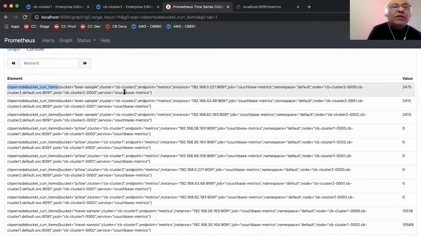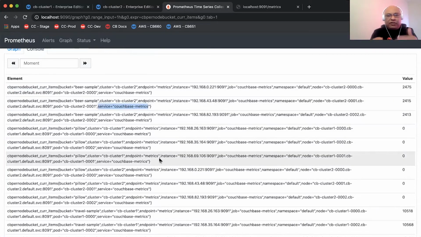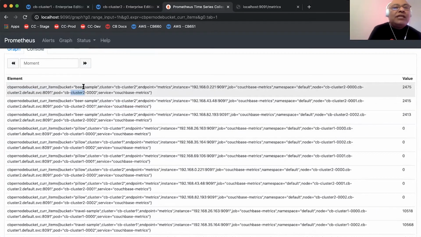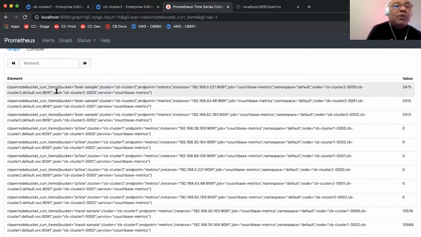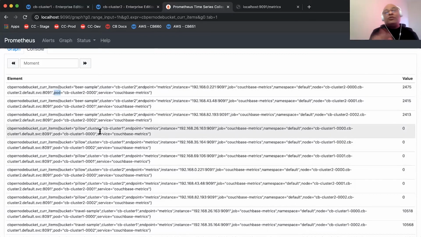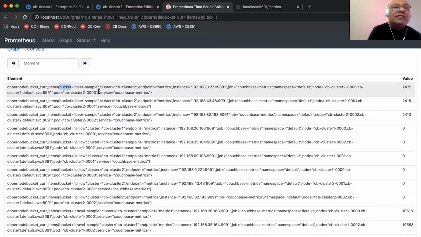I have both the clusters, cluster 1 and cluster 2, which is seen over here. And the service is called Couchbase metrics, and there is a label for this. And it also shows me the pod name, the bucket name, and the instance type, etc. The main thing for us is this cluster name because in Grafana, we want to sort it out by cluster. We are interested in this pod name, which in Grafana we choose to call a node instead of a pod. We are interested in the bucket, and we are interested in the service because this is what our query is going to point to. And when I go into Grafana, I'll explain in more detail how we are going to use this. So now that we have seen this,